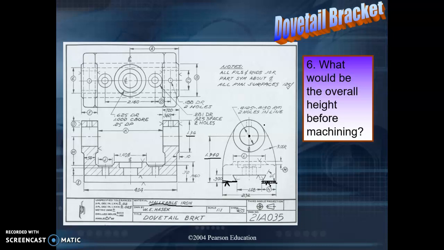So if the diameter is 1.36, then its radius is 0.68. And so if we take the 1.940 and we add to it 0.680, we get